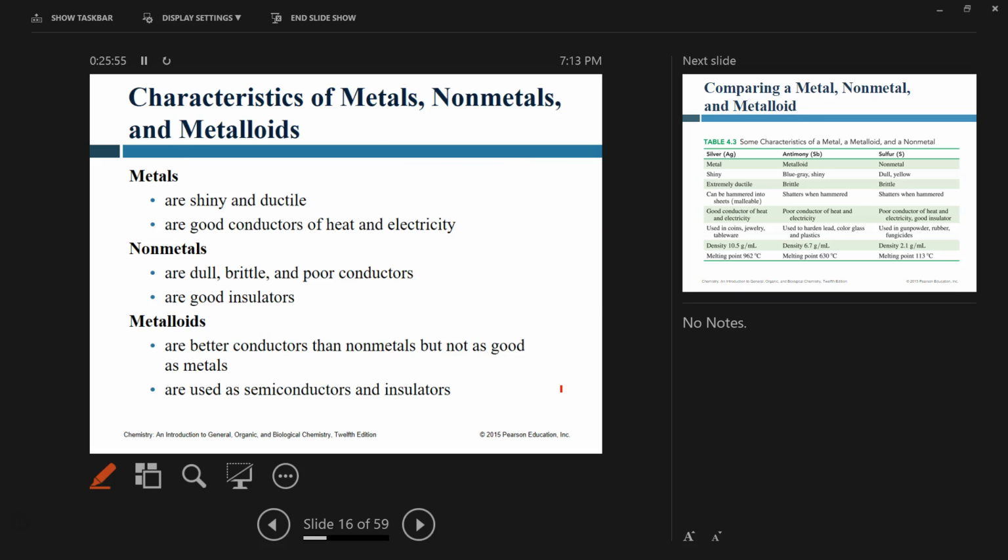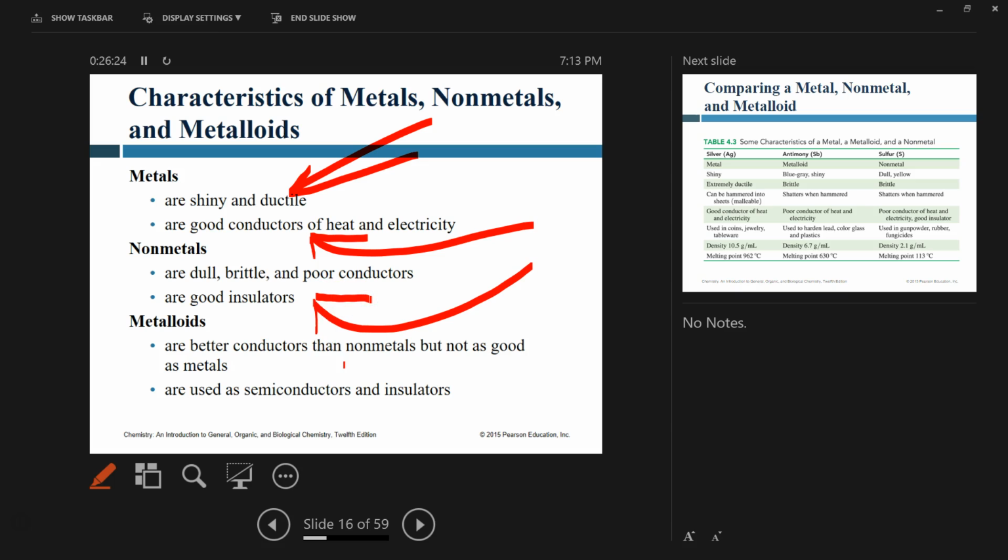So these are physical characteristics of metals and non-metals. Metals are shiny. Most of them are brittle, you're right. Many of them are malleable. And that's important, they all conduct heat and electricity. Are we clear? Non-metals are not shiny, and are poor conductors of heat or electricity. Metalloids,